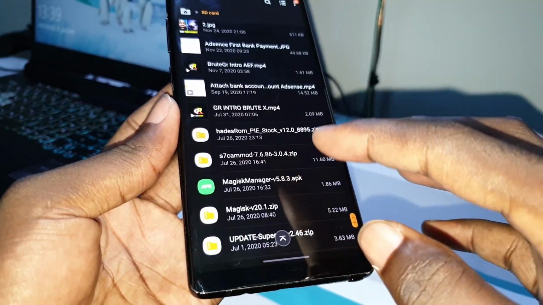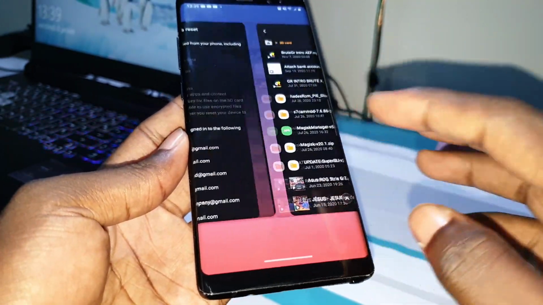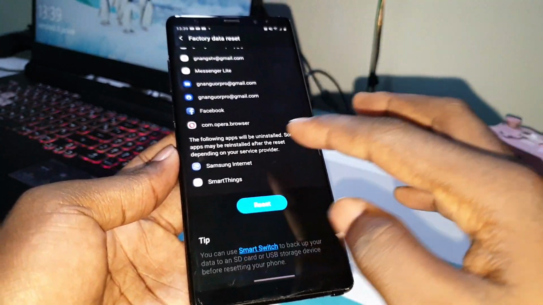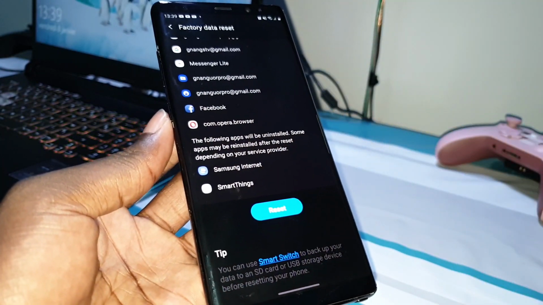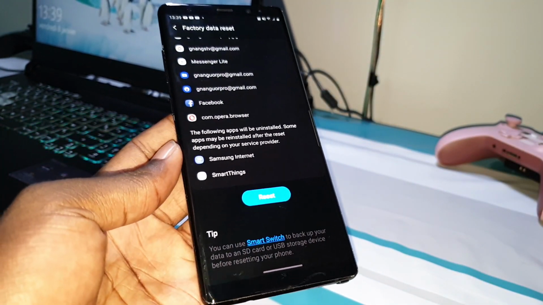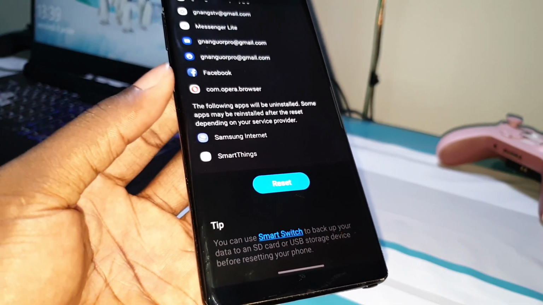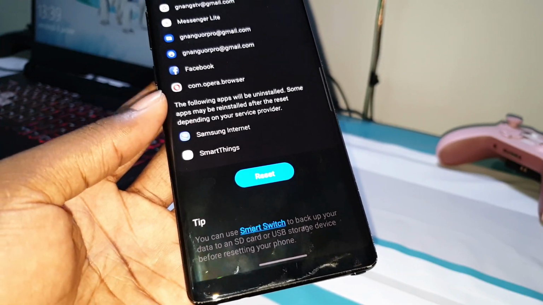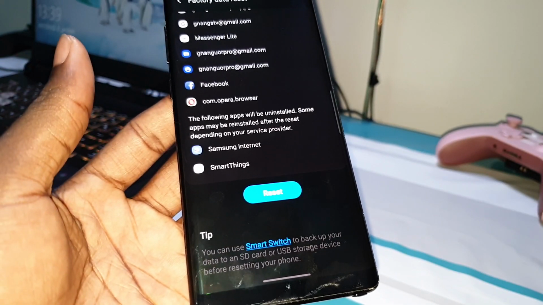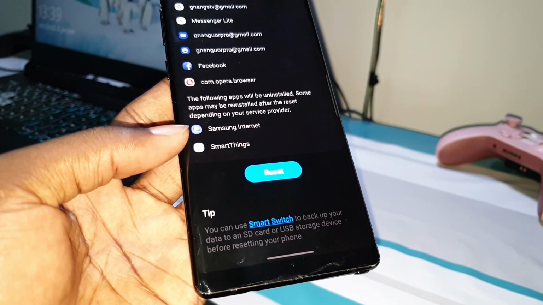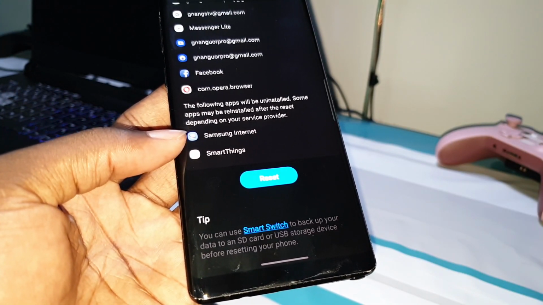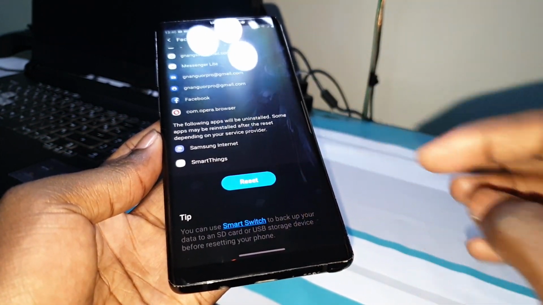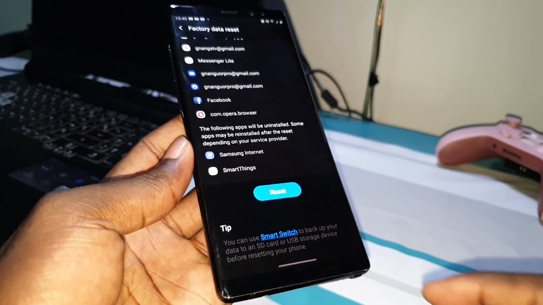Now if you are ready, come back and get ready. All of your accounts, your Facebook accounts, and all this will be erased. Even Google Chrome, even the Opera browser, as you can see here, and Samsung Internet. Now, if you are ready, you need to click on reset, and the process will start.